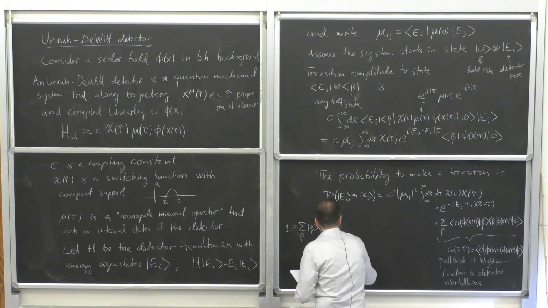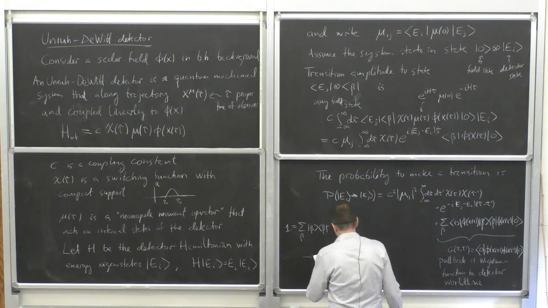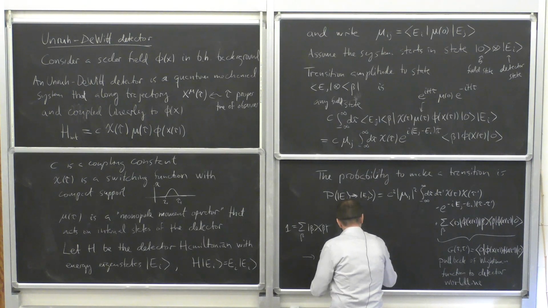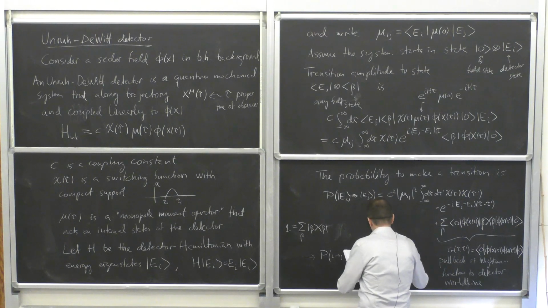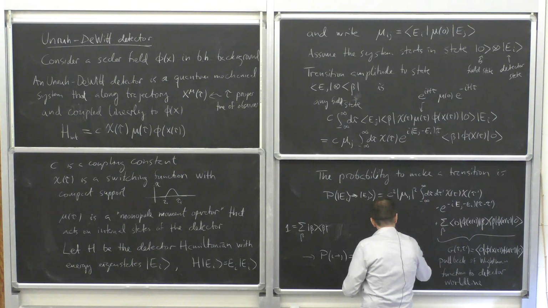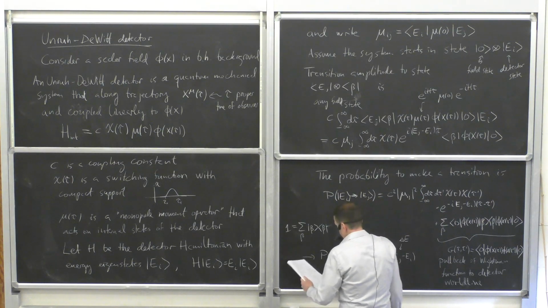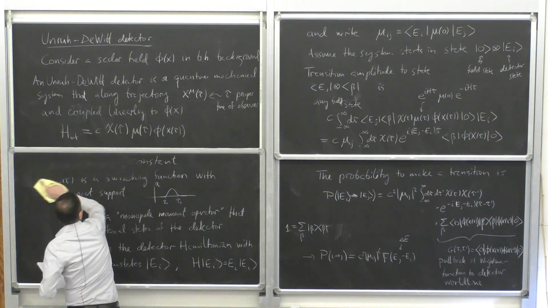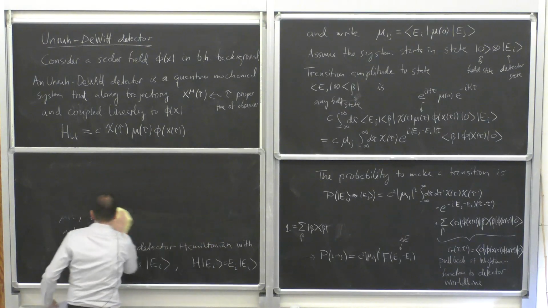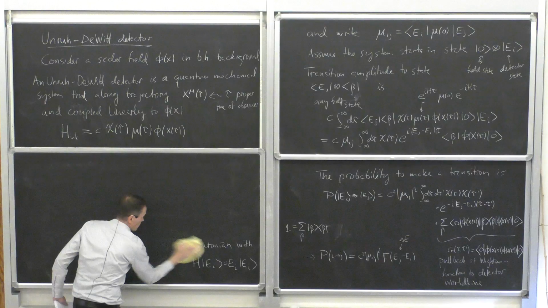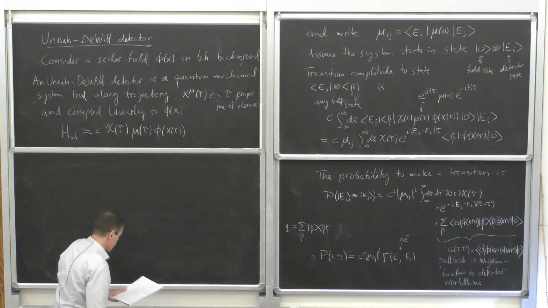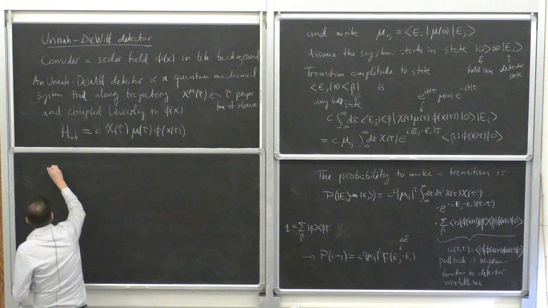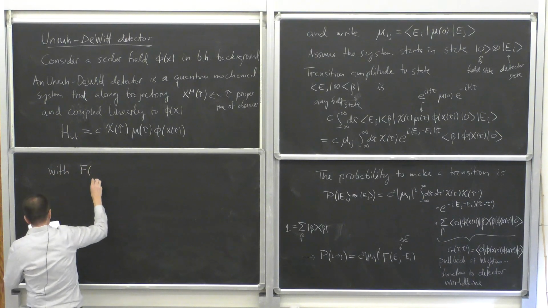The probability of going from I to J is c squared, mu ij all squared, and then there is some function which is only a function of the energy difference, let's call that delta E. So this f of delta E